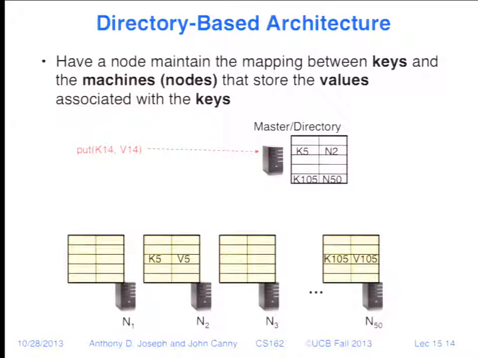So a new request comes in to put this value V14. The master at that time determines a mapping to a machine that's going to hold that value. Now, that mapping is quite complex and dynamic, and this node here can decide based on what machines have the most available storage, which ones are loaded, and so on, where it's going to put that piece of data. So then it actually pushes it to some node,